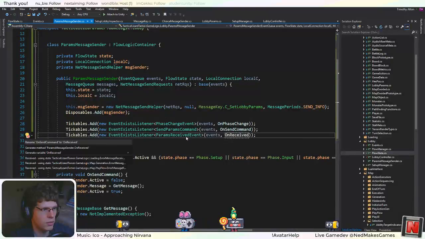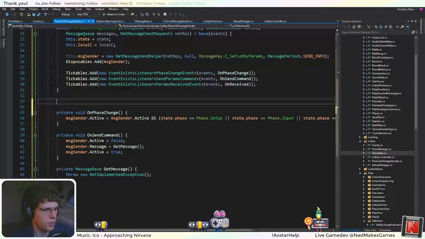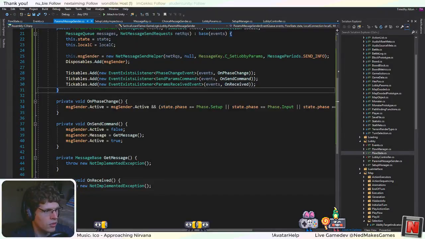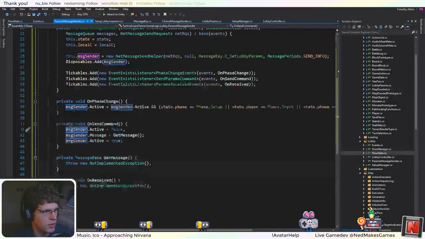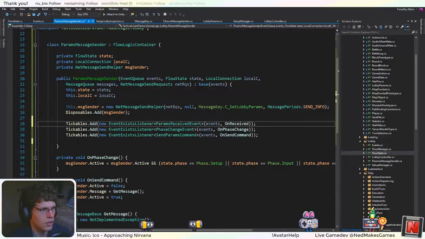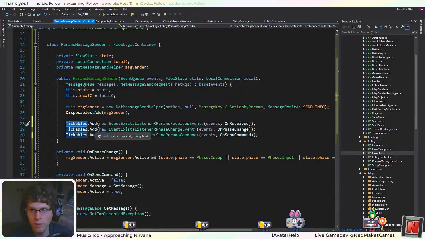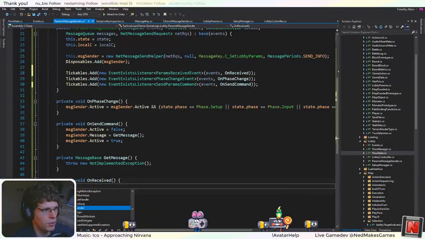And this event will be important that it's what's called, or it's queued immediately. So I'll need to make sure it runs before these other classes, because if we receive something, we'll want it to turn off the message sender immediately before we start doing anything else. So we'll actually set that. You can control the order that these events are fired by the order you add them to the list. Okay, so yeah, just on received, we want to